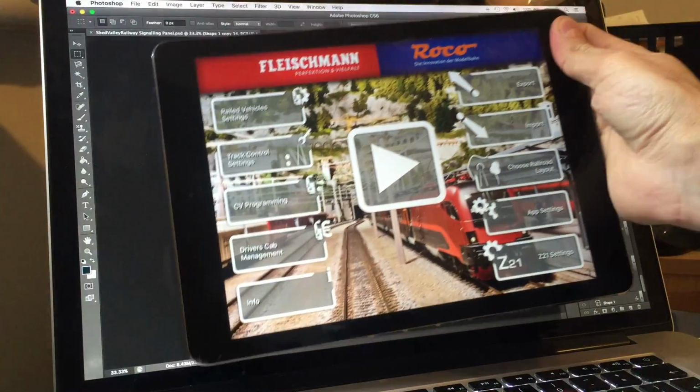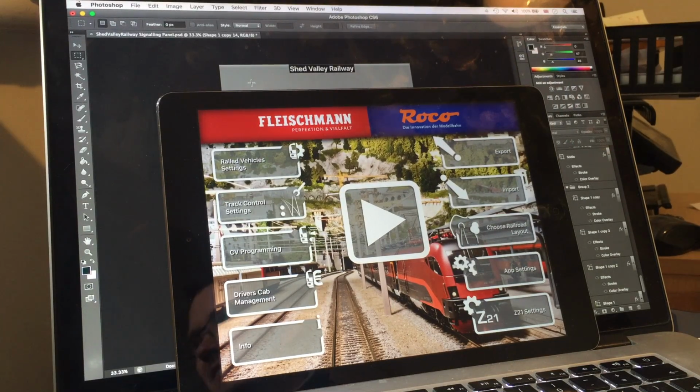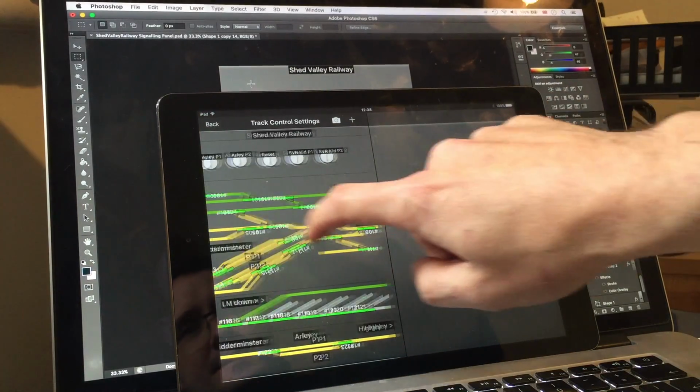Now the next stage of the layout is I'm going to sort out point control. Now the DCC Concepts Cobalt point motors that I'm going to use are actually quite flexible, and I might put in the future a physical control panel in there, because you can very easily wire up switches to the Cobalt motors with just a couple of wires and a switch. So that's something I could maybe do in the future, but initially I want to get them controlled via DCC, and I'm going to use the Z21. So, ignoring that for the moment,